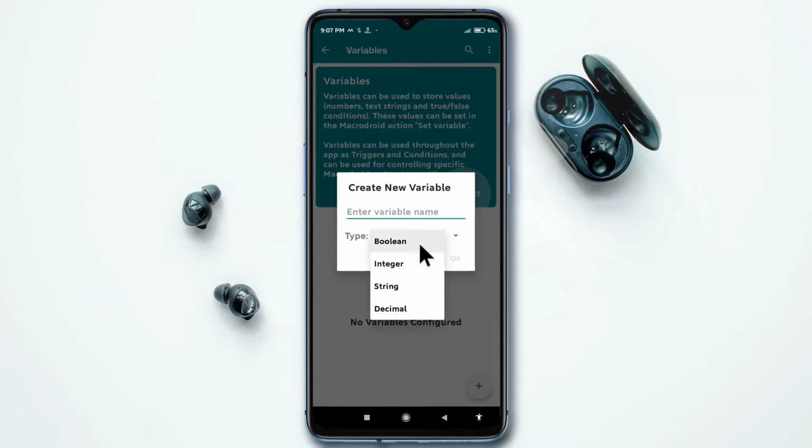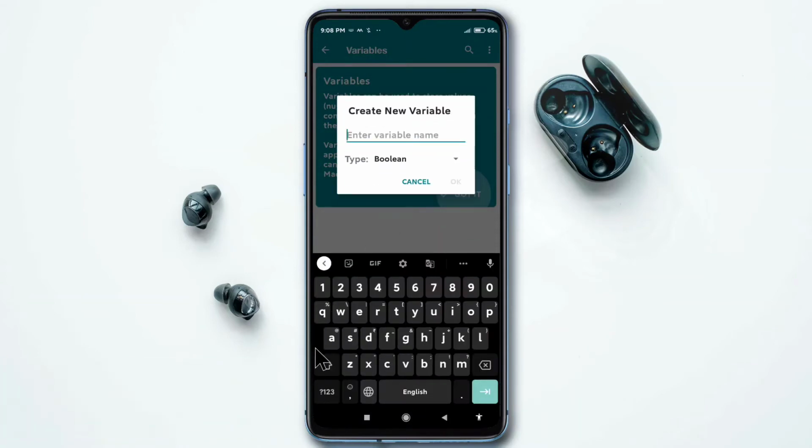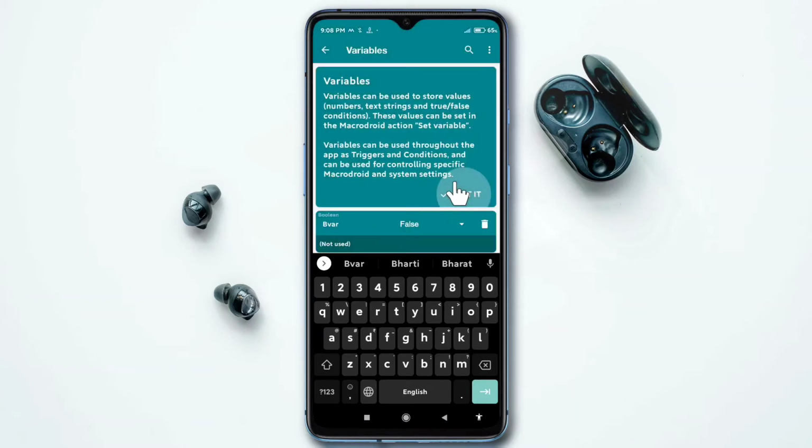In MacroDroid, there are 4 variables. One is Boolean variable, second one is integer, third one is string, and fourth one is decimal. So first, I am selecting a Boolean variable and giving a name like BVAR, short form of Boolean variable, just for our simplicity. Click OK.